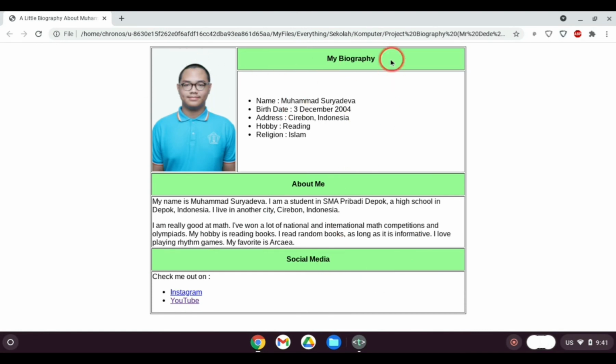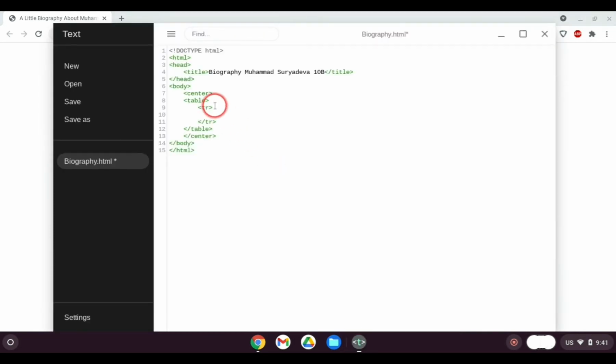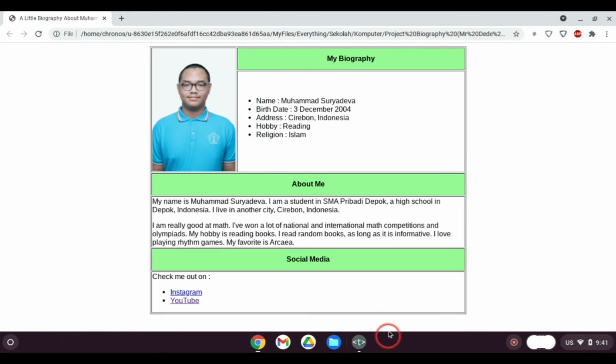On this first row, this first column occupies 2 rows, which means it is row span 2. So let's make it row span equals 2. Now for the second column, you don't have to do anything with it, as it only takes 1 row.